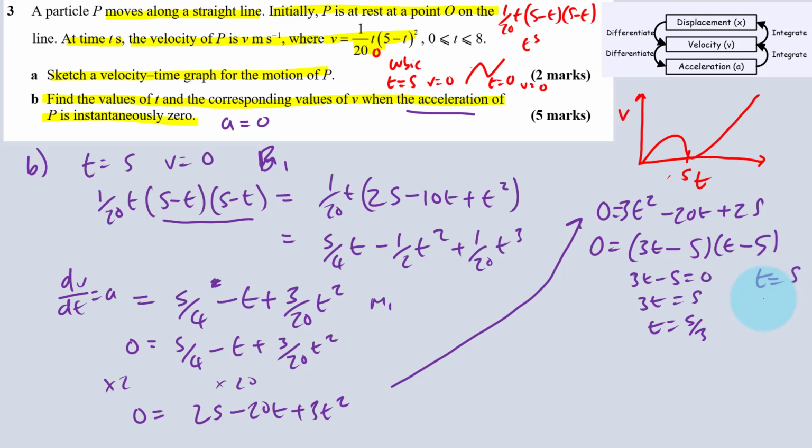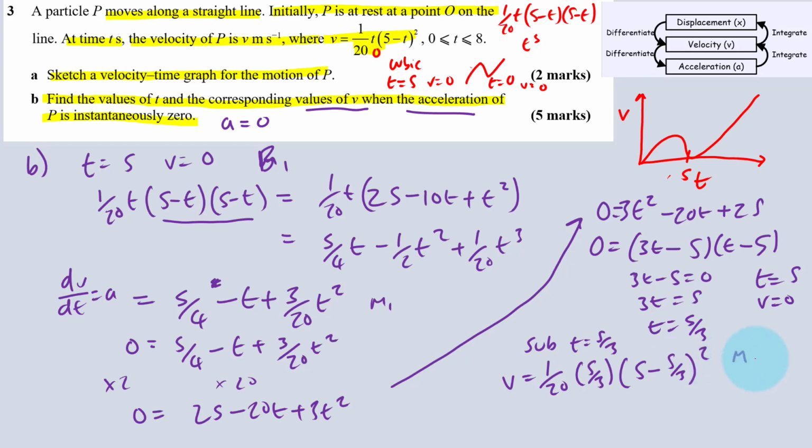But we know when t equals 5, v equals 0, so we don't really need to use this. And it does say the corresponding values of v when acceleration of p is 0. And now all we need to do now is substitute t equals 5 over 3 into our formula. V equals 1 over 20, then write 5 over 3 times 5 minus 5 over 3 squared. This needs to be seen to get your method mark, and then hopefully you find